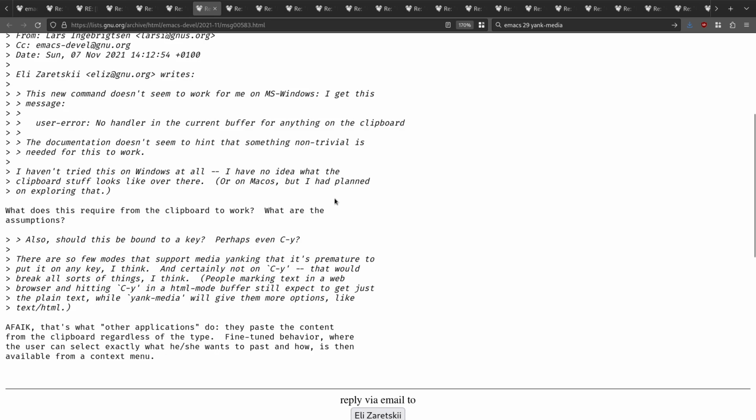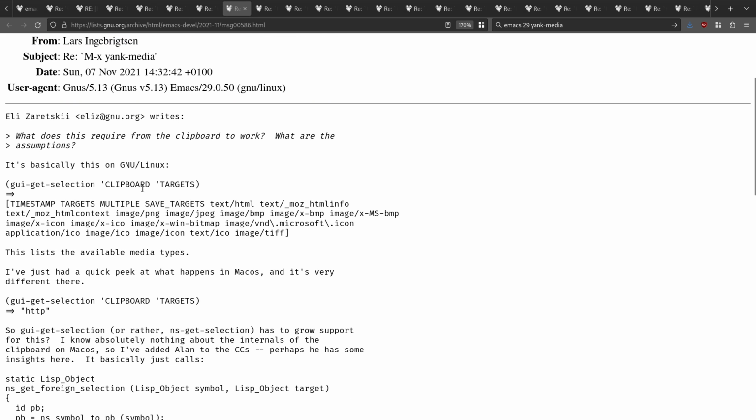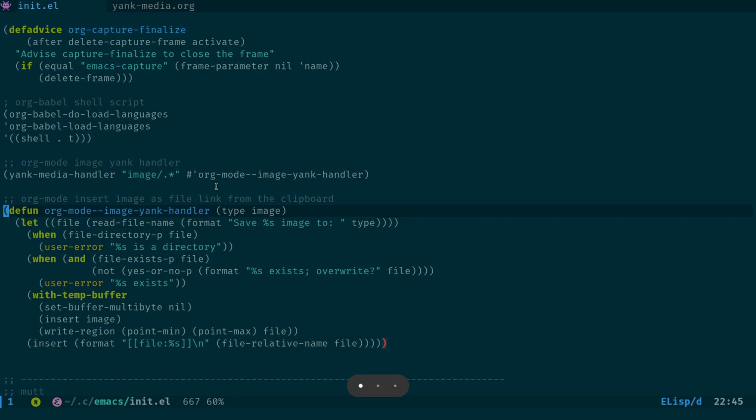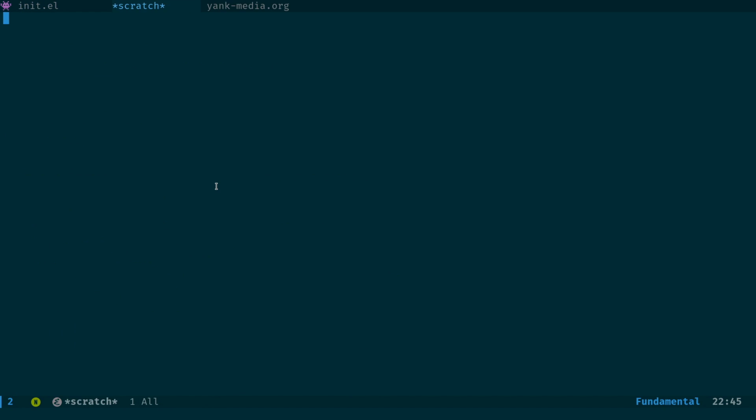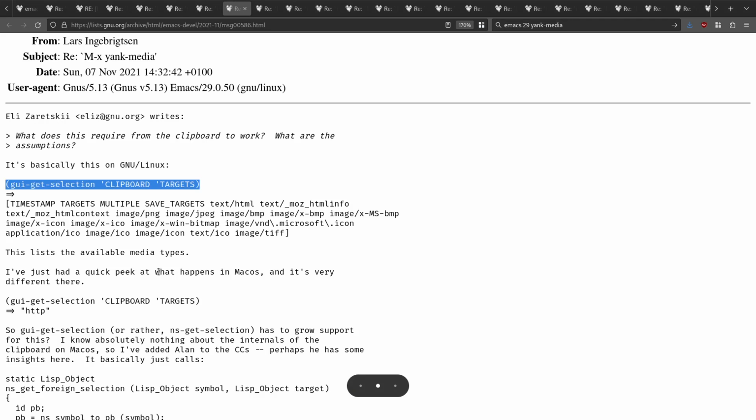So again, this is actually on Windows. I believe there's some stuff on Mac. This is the actual command that does the goods under the hood: gui-get-selection with the clipboard targets. So I'll come across into a buffer here, paste that there, and then run that. What you'll see here is, because I've just copied that to the clipboard, that's the output there. If I was to actually copy an